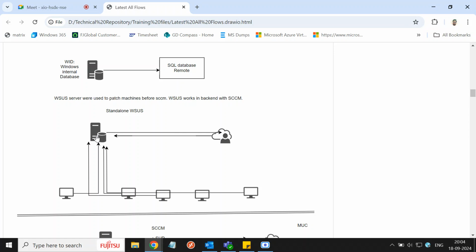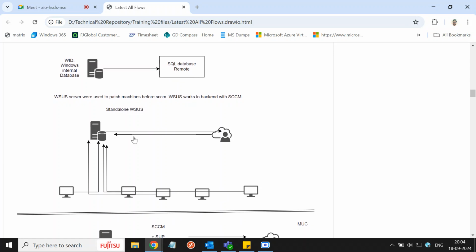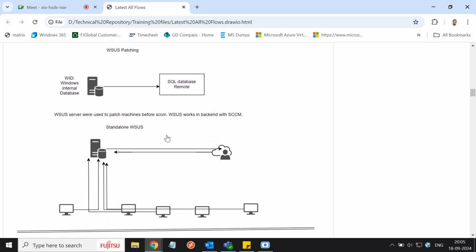Group policy. You know about the group policies, right? So in case of standalone WSUS, the GPO is instructing all these machines not to go online and to check for updates only with the WSUS, and we have to approve the updates, which update we want to publish. In WSUS there are groups; in SCCM we have collections. In the same way in WSUS we can create groups, and for those groups we can approve the updates. So it's just a simple right-click and approve the updates, and it will ask for a group and then assign the group. Okay. So that was the model when there was a